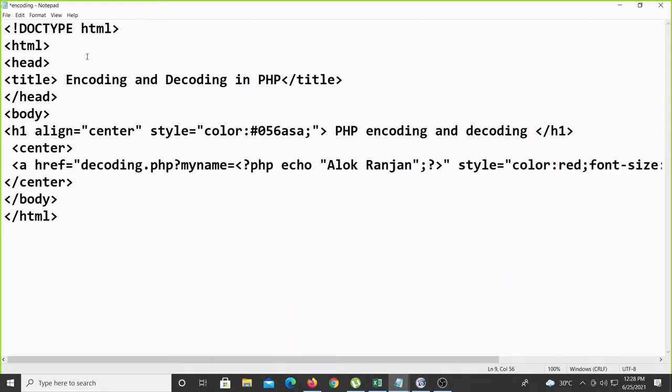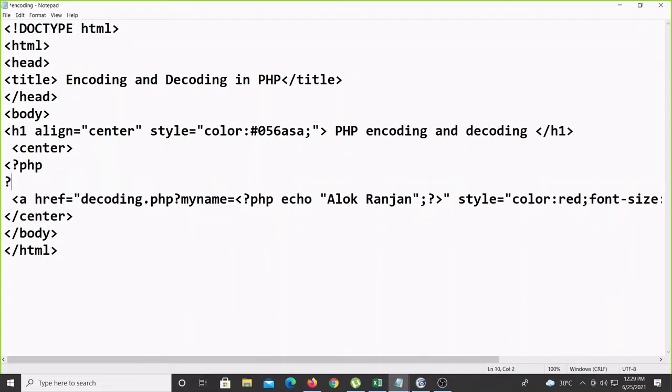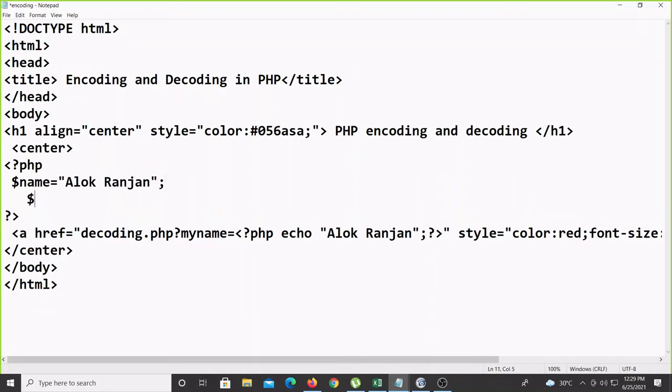Otherwise this value I can store in one variable, and that value only I'll put. Generally, the professional way you are doing it like this only, dollar name equal to Alok Ranjan, done.